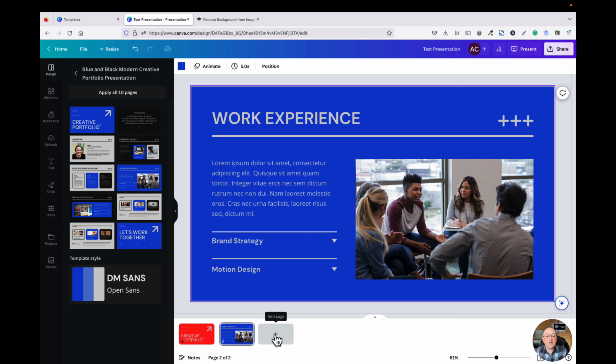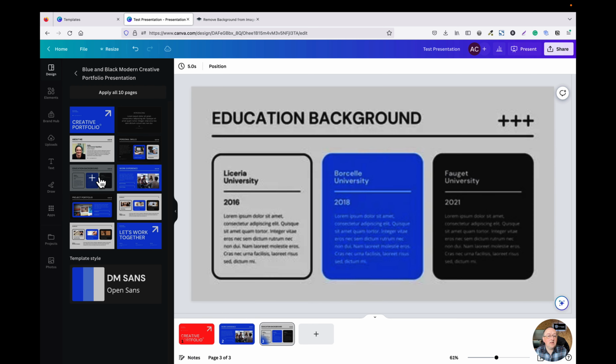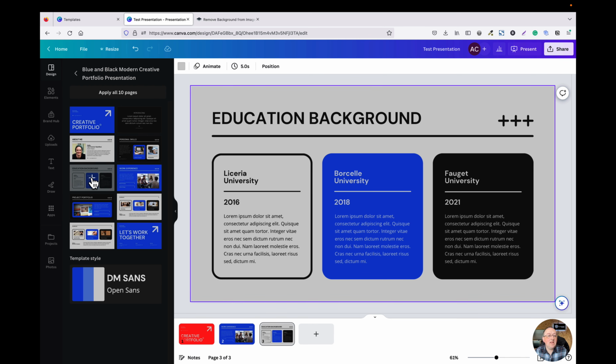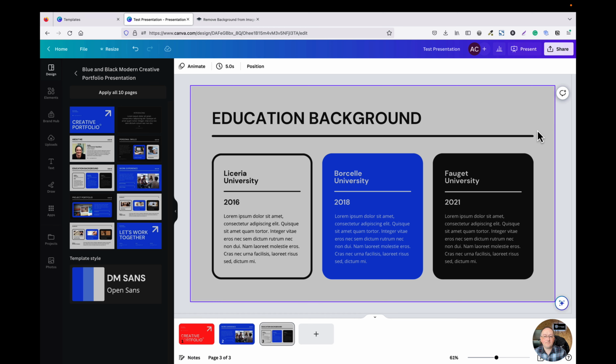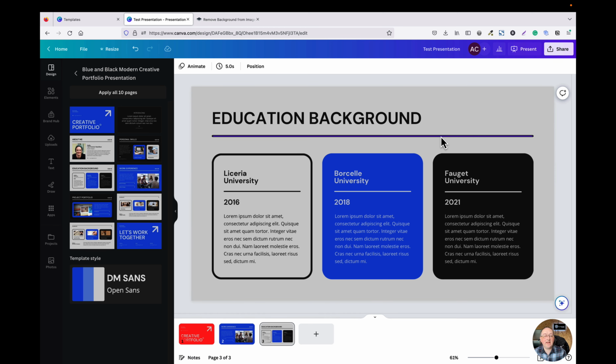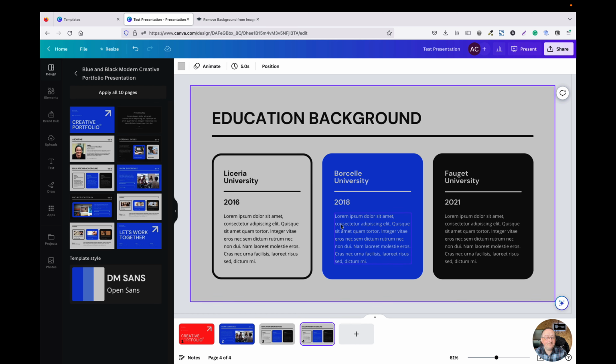You can also click on add page, and then go for their templates, and you can delete any of these elements. Let's say you didn't want these pluses, click on it, hit delete, click delete, click delete. Don't even have to have this line. You can change the font styles or so on, and whenever you're happy with it, you can duplicate it by clicking on these three dots and duplicate page,